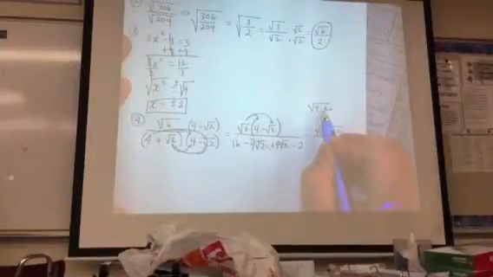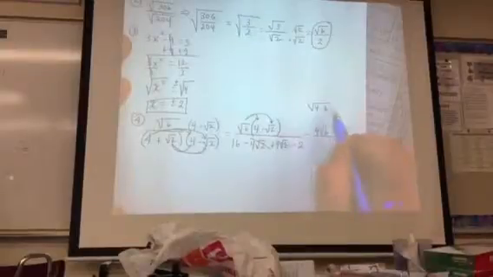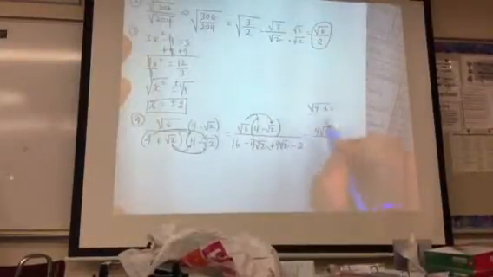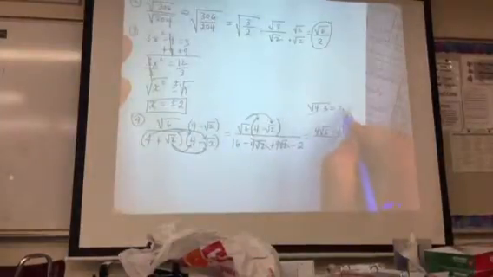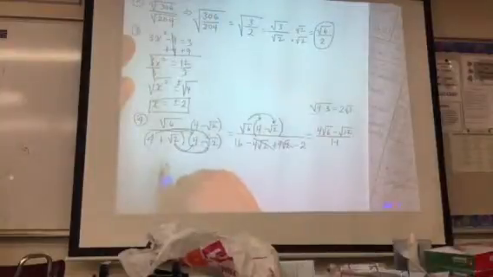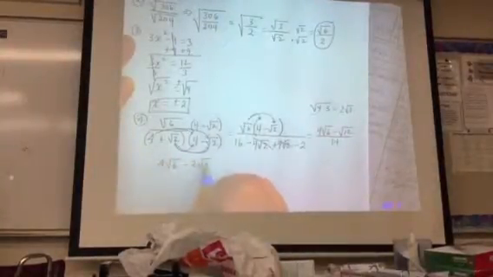Because 2 times 6, none of those are perfect squares, but I can take the square root of 4, not the square root of 3. So if I take the square root of 4, that comes out and becomes a what? 2. So I'm left with a 2 times the square root of 3. So I'm going to replace that, and it looks like this. Check this out. I got 4 times the square root of 6 minus 2 times the square root of 3,